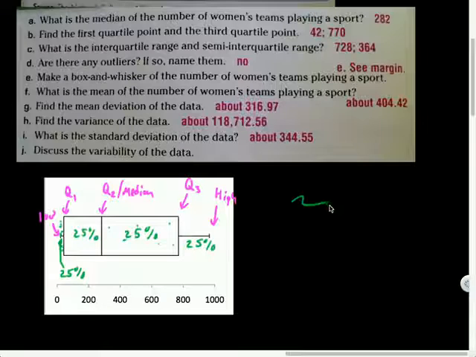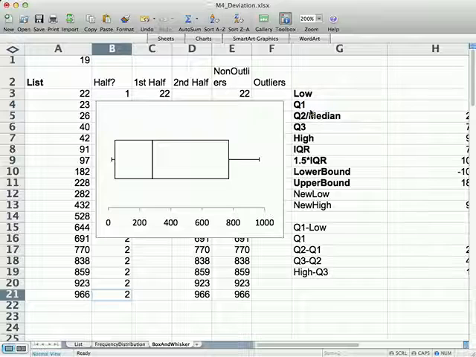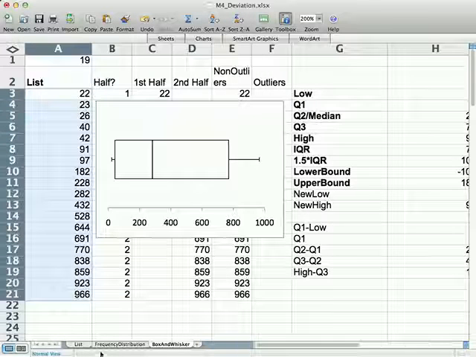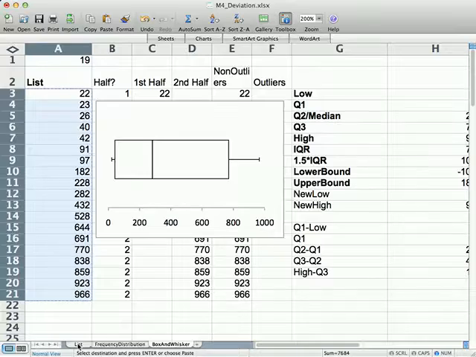All right, I think I just sent you an email with the link. It should work out. So let's see, where are we? It says, what is the mean of the number of women's teams playing a sport? So this isn't a frequency distribution, so this is going to be an exact calculation, which is nice. I'll be able to just take my list and put this into my list version for calculating deviations,